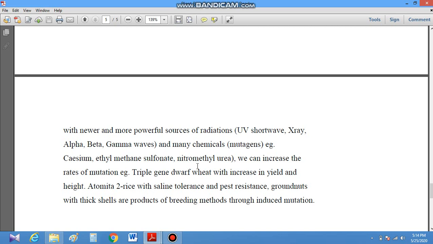Basically it is useful in autogamous species where mutants can be selected in the M3 generation. There are similarly F1, F2, F3 generations; similarly, mutant generations are called M1, M2, and M3 generations, which can be used directly as a genotype if they breed true for a particular trait or character, like Sharbati Sonora, a single gene mutant in wheat, which is a selection from the mutant population of the Sonora 64 variety. This is an example of it.